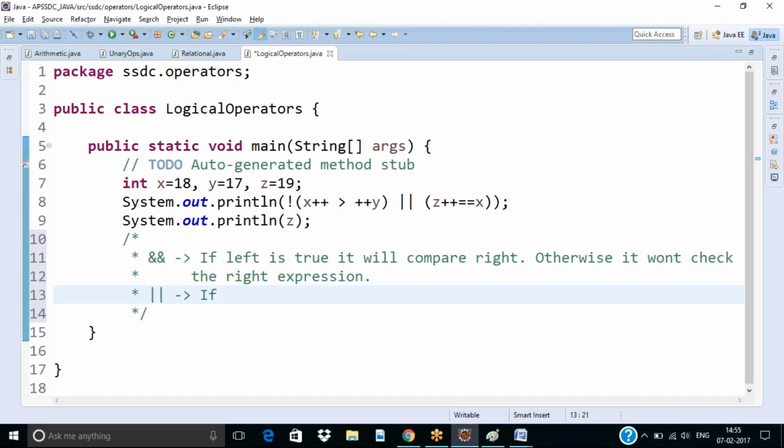If left is false, sorry, if left is false, it will check the right expression. If left is false, then only it checks the right expression. Otherwise,